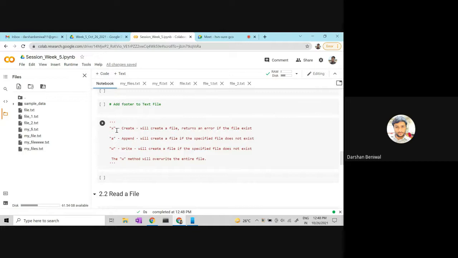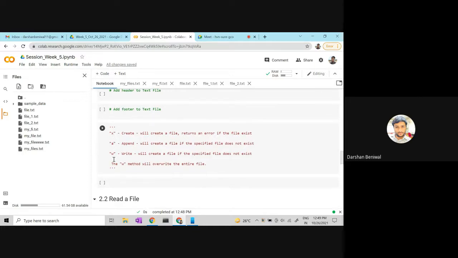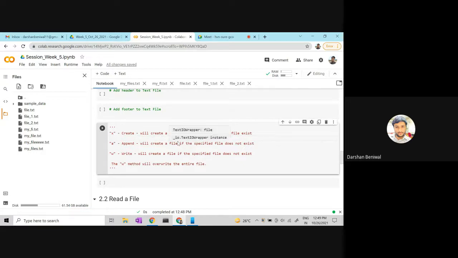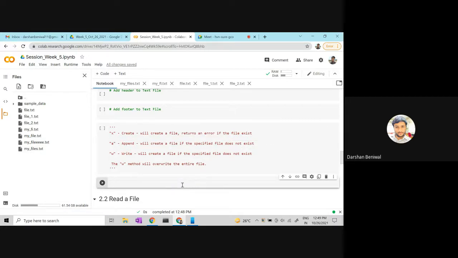And also instead of w, in the w we are just rewriting the input for a given text file, right? So for example, if I define x instead of w, that means x will create a new file, but if this file already exists, then it will give an error. So for example, let's say I define f is equal to